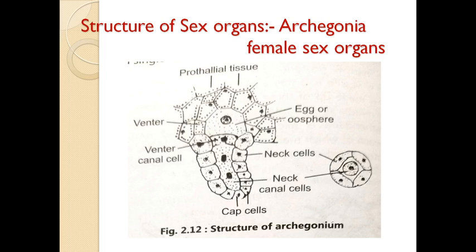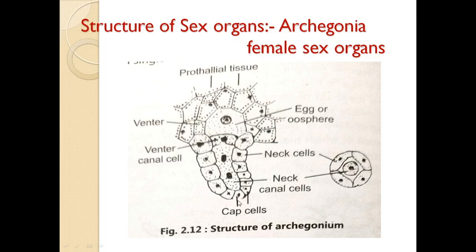So the archegonia, it is nothing but what? The female sex organ which develops ventrally on the anterior cushion-like area towards the notch of the prothallus. Each archegonium is sessile, they do not have a stalk, inverted. It is a flask-shaped structure consisting of the globular venter. See, this is the prothallial tissue. It is embedded. See, this is the globular part, the basal globular part. It is nothing but the venter. And see, this is the tubular neck-like region.